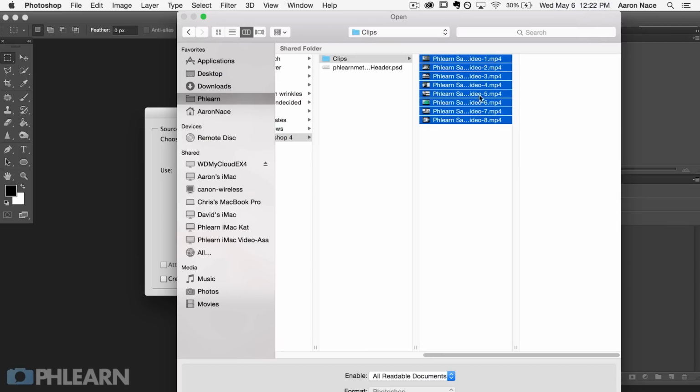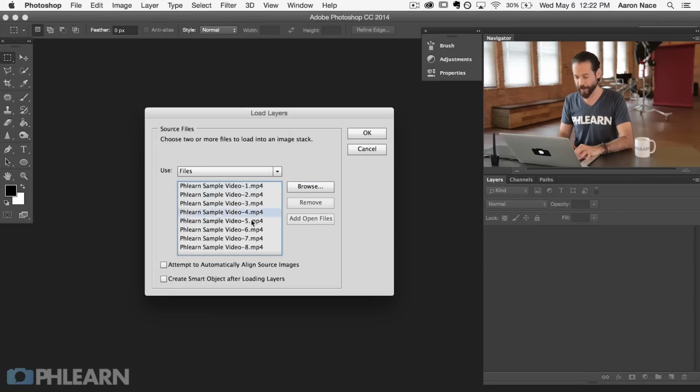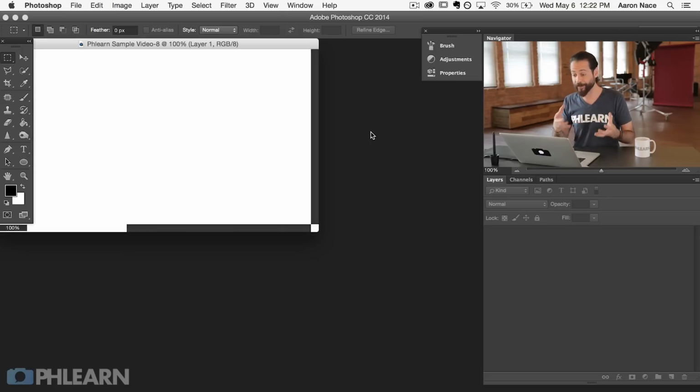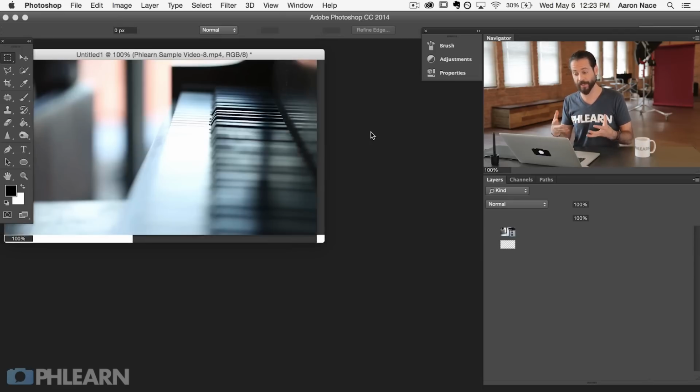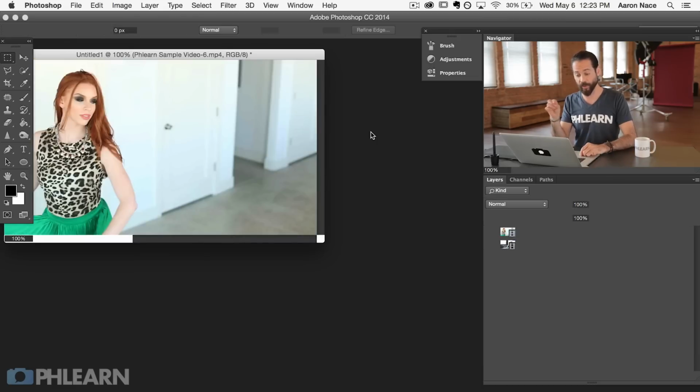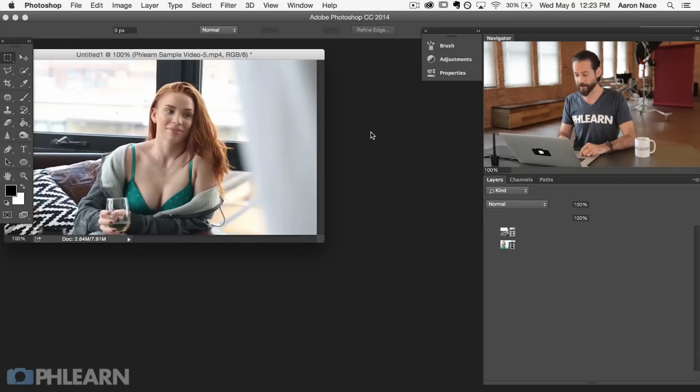We're gonna shift click on all of our 1 through 8 Phlearn sample video. Let's hit open. Here you can see they are loaded right there, and we're gonna hit OK. So as of now, not very different from actually loading images into a stack in Photoshop. What it's gonna do is place all these different videos and stack them together